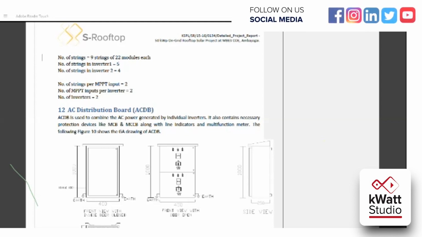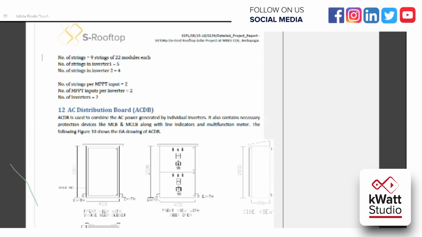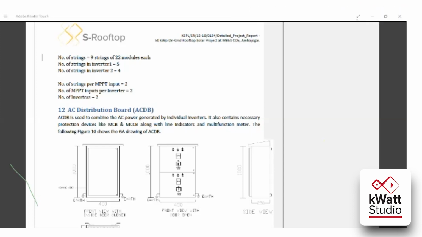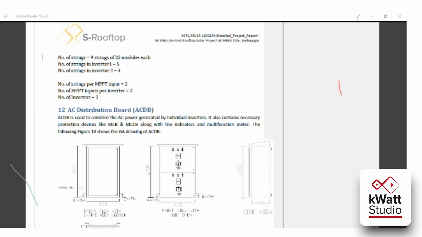Then you have to mention some technical details like solar module detail, solar module selection criteria, solar module specification. Then inverter details, inverter selection criteria, inverter specification, and technical details related to inverter. Then the designing details, how you have designed your system, number of inverters used, number of solar modules used, number of strings used, number of modules in one string, cabling, what is the DC cable sizing, what is the AC cable sizing, the length of the cable, the cross section area of the cable, everything you need to mention.